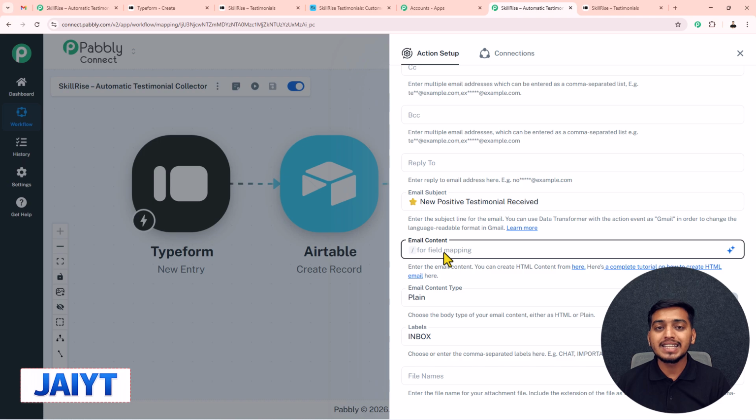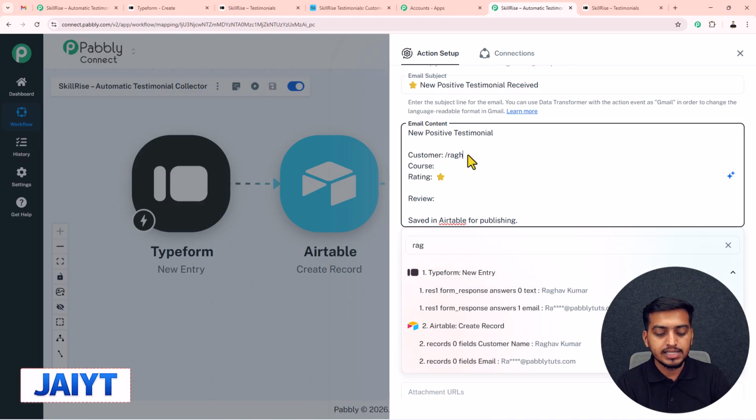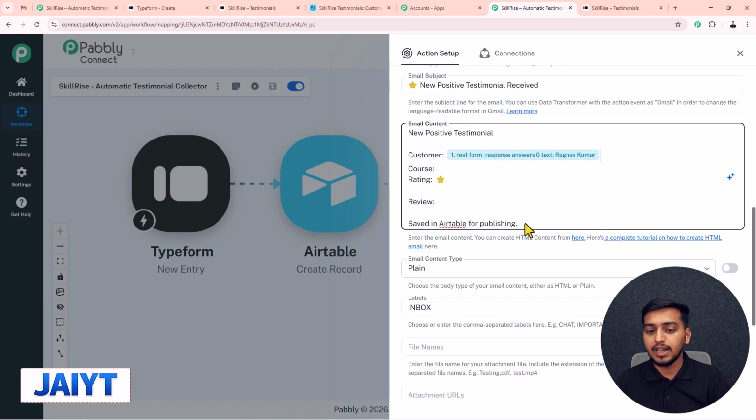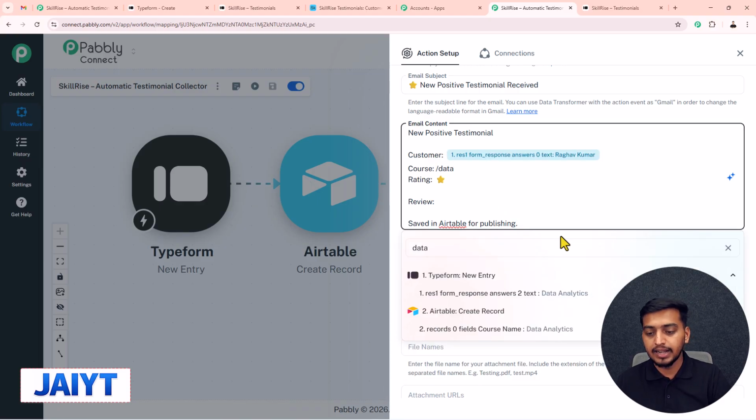Now I have to add this email content, so I will add this also. Here I have added the static part of my email content. Now in here I will map some of the details of my customer, like their name, course and rating given by them. First of all, for their name, I will search it here and then I will select it. Then for this course selected by them, I will also search for the data analytics course and then I